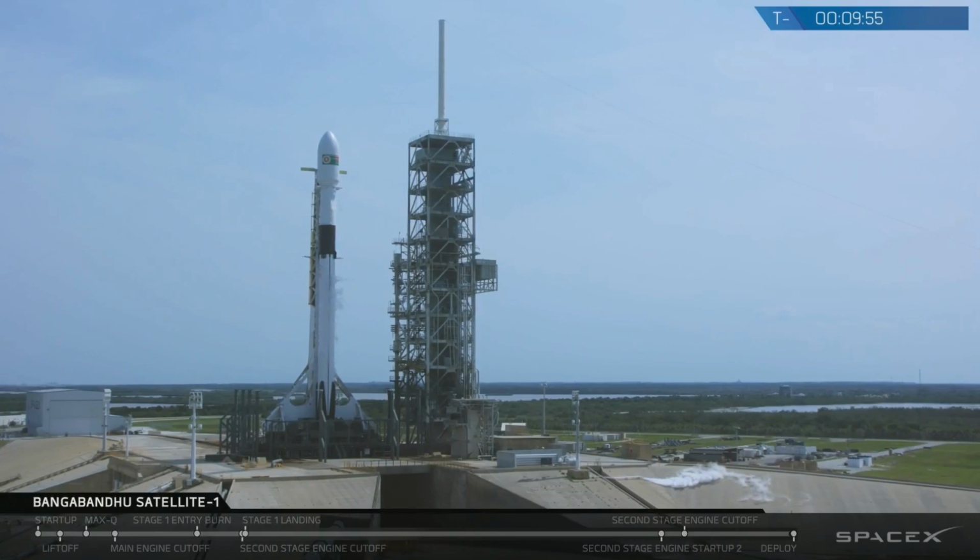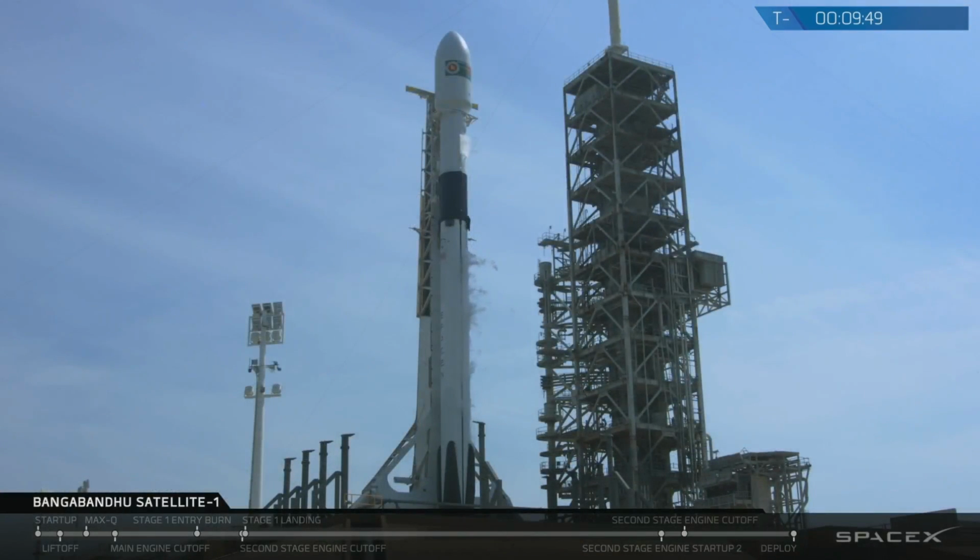One of the several changes to Block 5 is in how we load propellants. We still use a liquid kerosene fuel called RP1, and our oxidizer is liquid oxygen. But instead of starting with our fuel load at T-minus 70